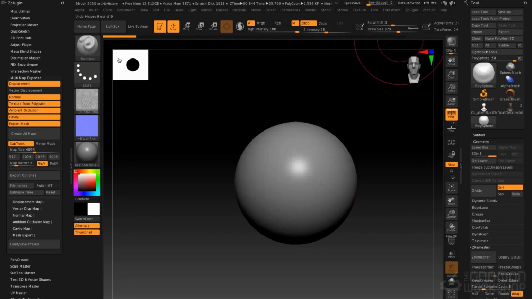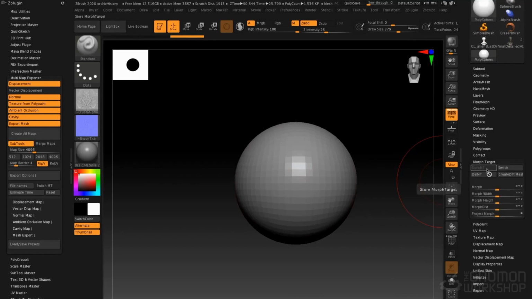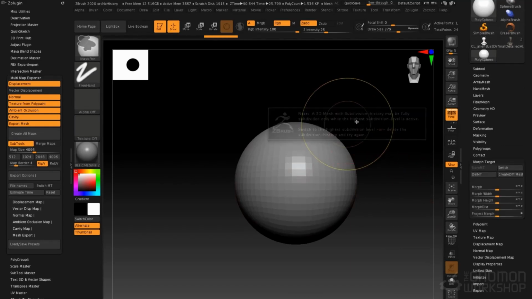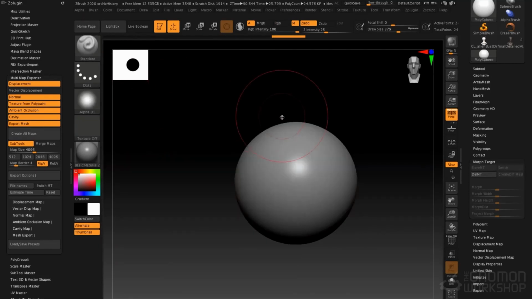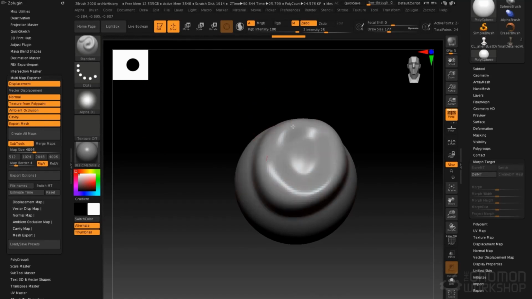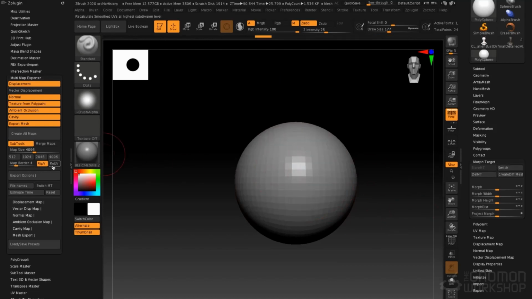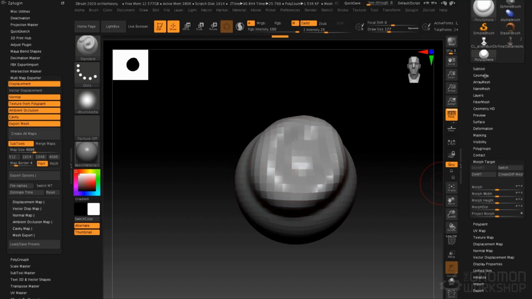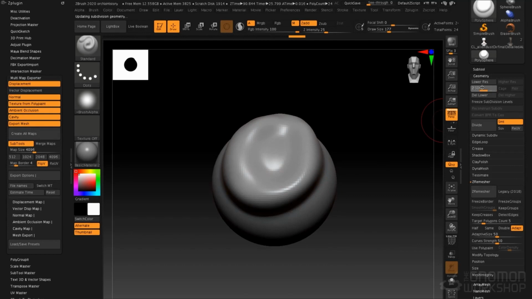So what I need to do is step down to level 1, store a morph target, add some subdivision levels, do my sculpting, then step back down to my lowest subdivision level, and then switch the morph target. That's what this button does, Switch MT. That means that it's going to generate a displacement map between this shape and then the shape at the highest subdivision level. So the values are going to be accurate to displace this form from this